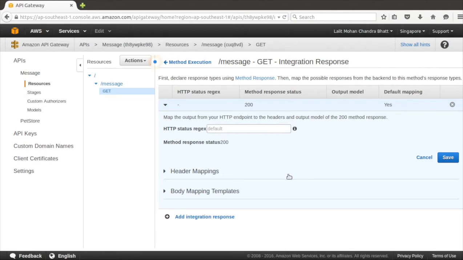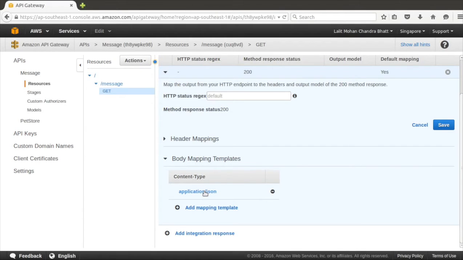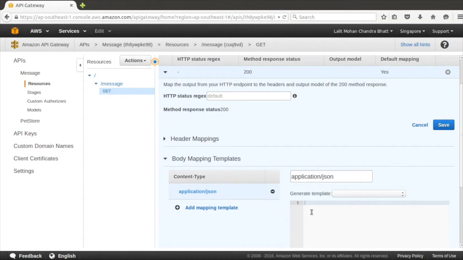And then you can do some header mappings also here, but what we will do is a body mapping. And here it says that the content type it will return is application JSON. Let's return a message right now here, but you can do a couple of other things.